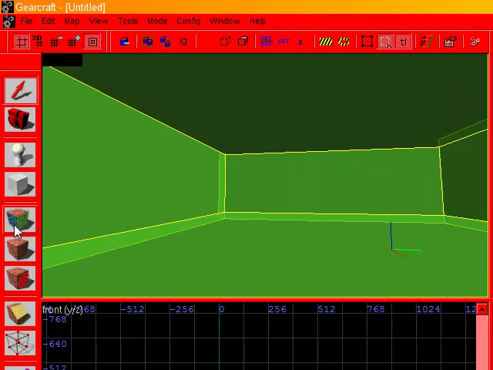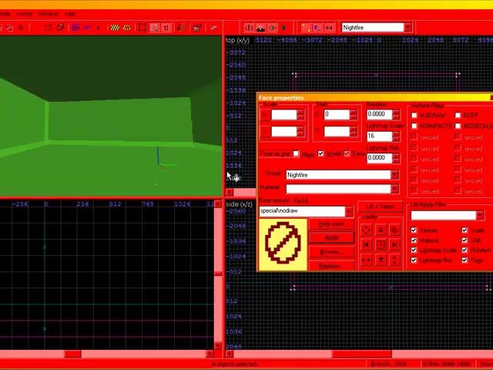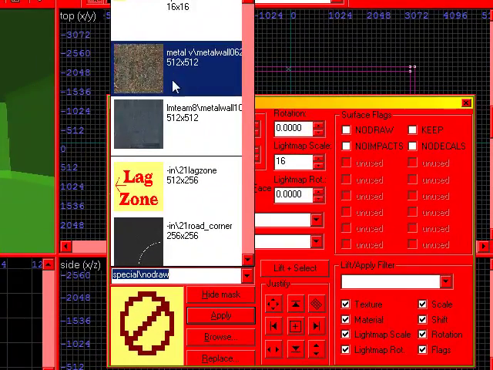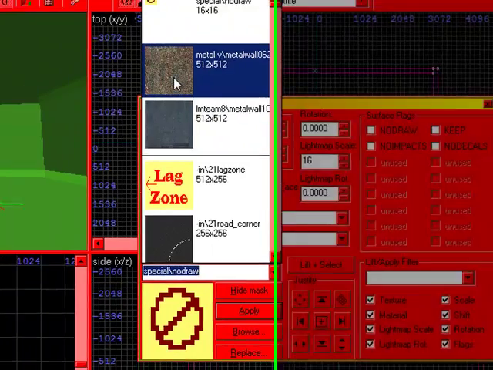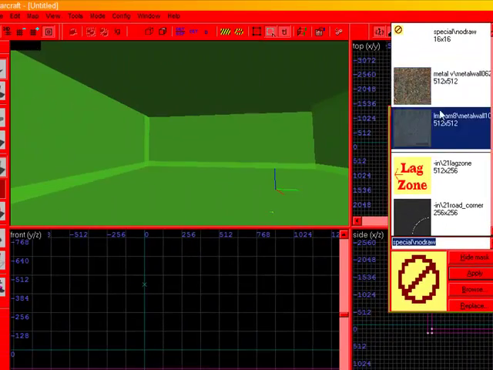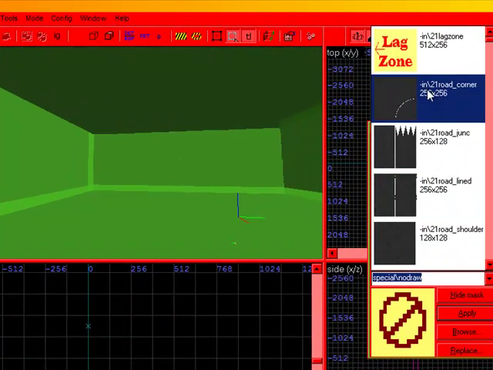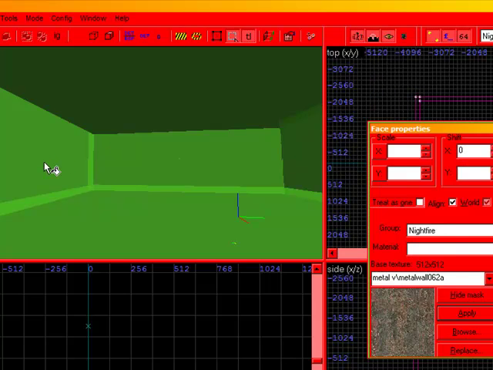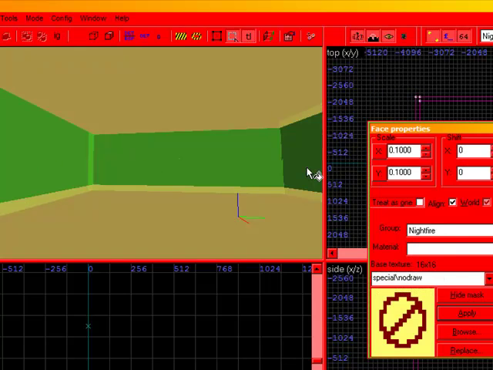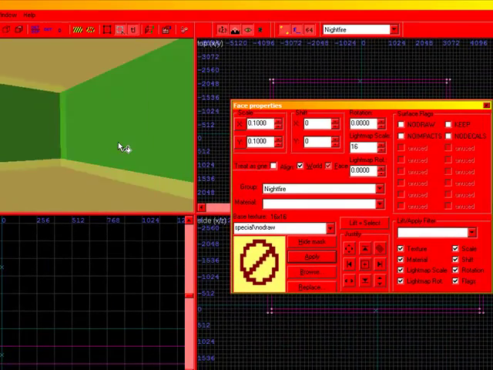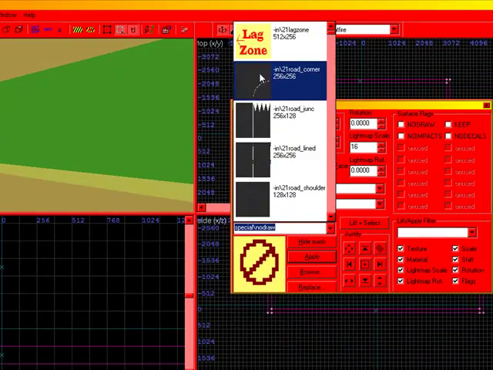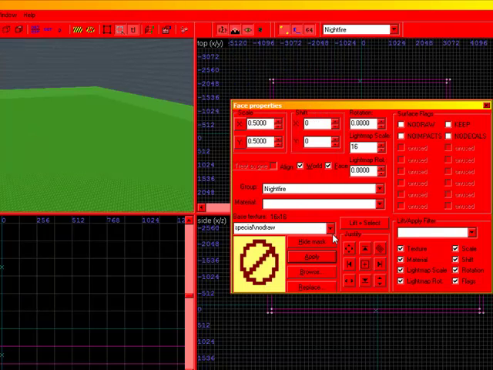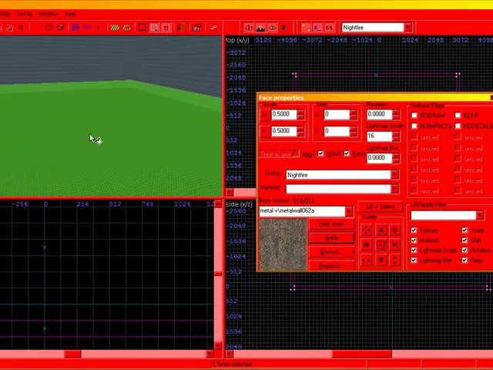And then let's reselect our textures that we selected here. And it should be here, like you picked them before, so we'll keep it there temporarily until Gearcraft closes, and then they're gone. They're back in the mess there you have to find. So click this, and we'll click on these walls here that we had before, and then click on the metal that I assigned it, and then on the bottom we'll do that one there